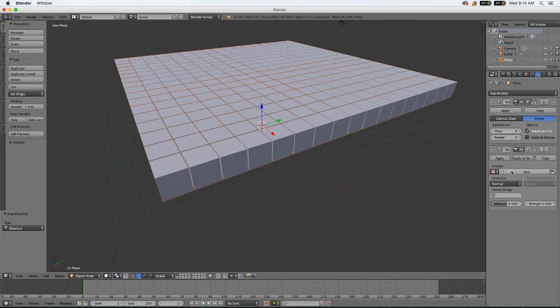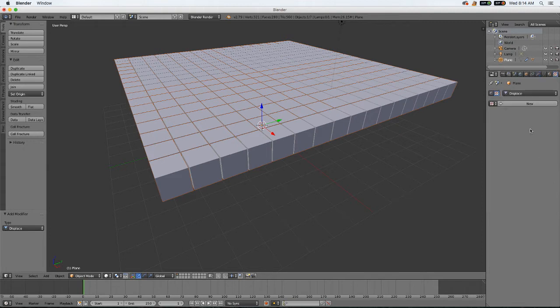Here, texture, new, don't hit that. Go over here and hit this. Show texture in texture tab. By hitting this, it takes you to the texture tab where you can adjust everything. And it also links it